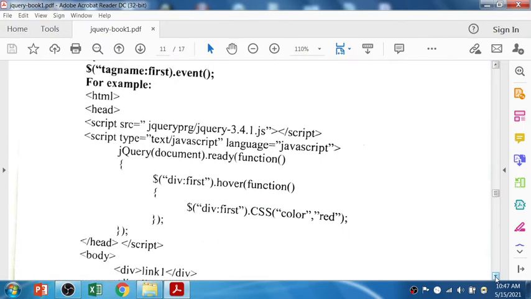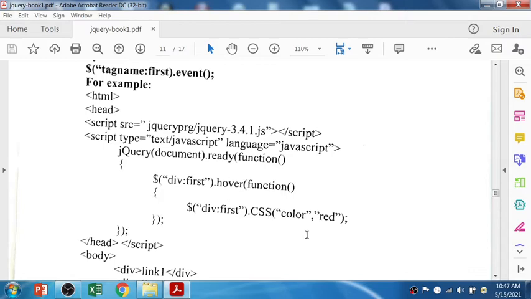You can see the example. The syntax is dollar, tag name, colon first, and then the event. Here you can see how to use dollar division, and from the division tag category you want to select the first division tag, right? And the event which I have called here is hover.